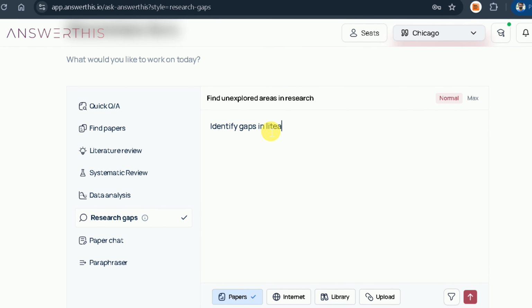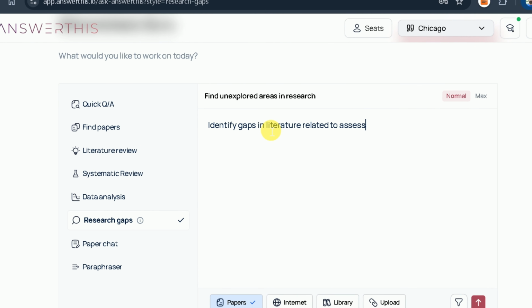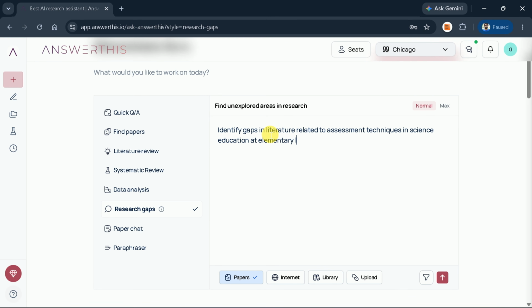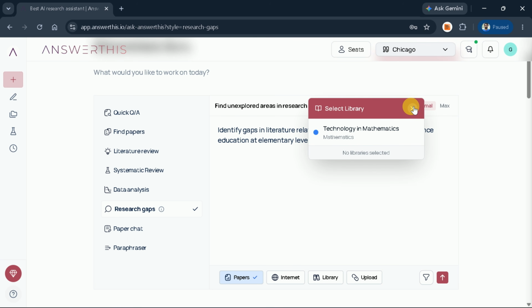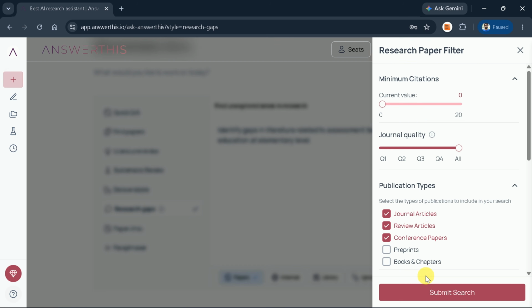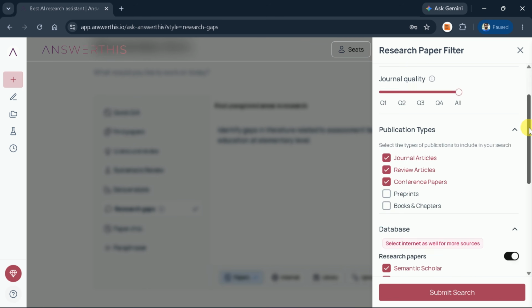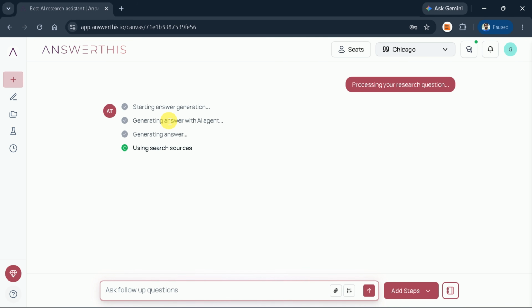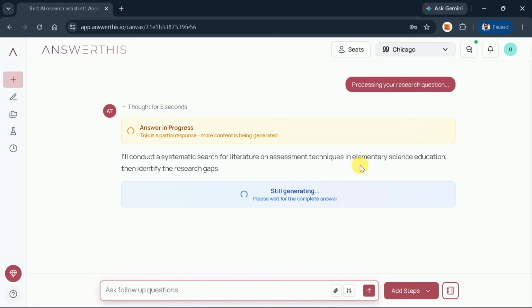I'm interested in identifying gaps in literature related to assessment techniques in science education at the elementary level. At this point, you can choose your sources: academic papers, a web search, papers from your own library, or you can upload papers directly. You can also apply additional filters to narrow things down. Once your preferences are set, hit Enter, and within seconds, the tool generates a comprehensive set of research gaps around